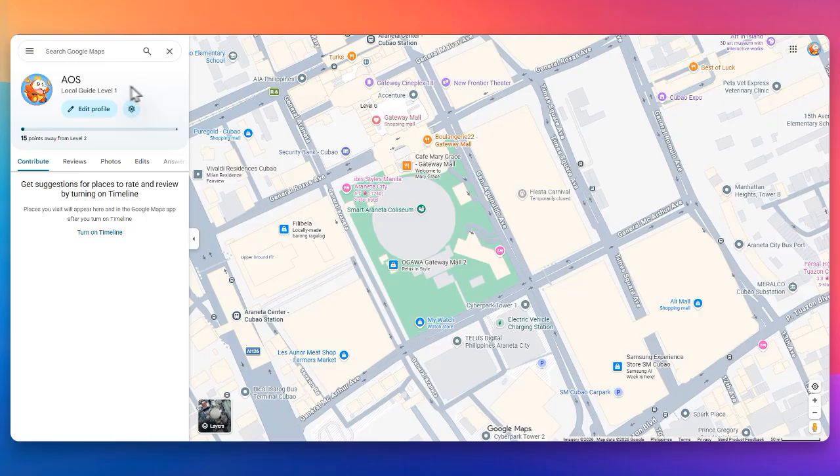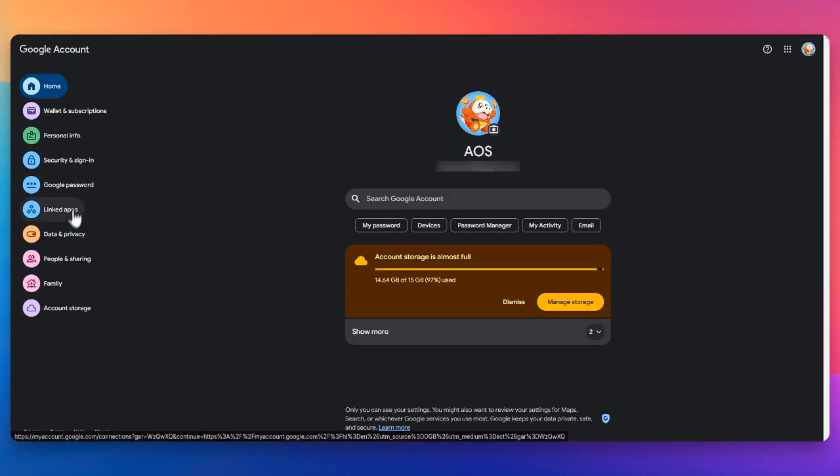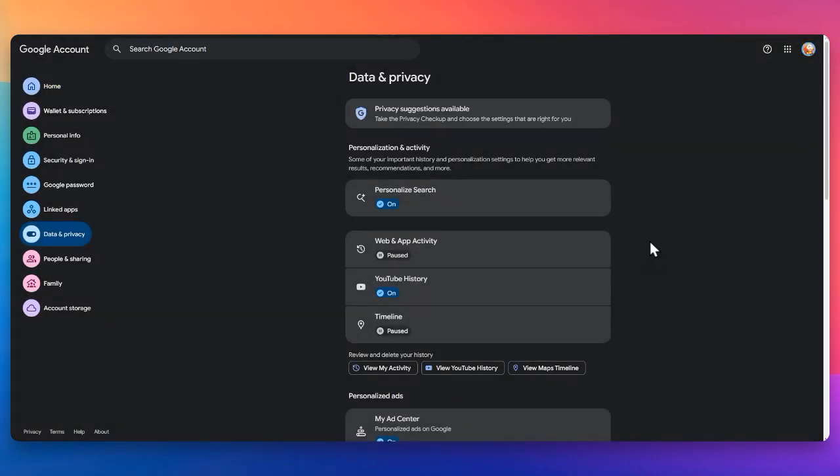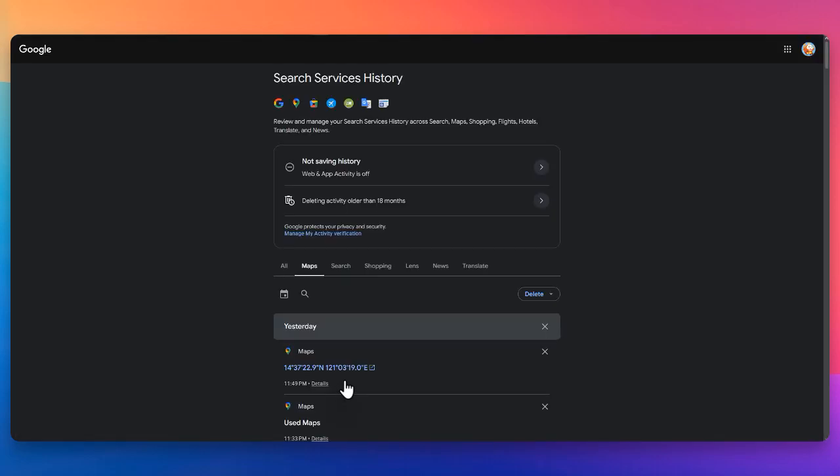To do this, open your Google account settings in a new tab and go to Data and Privacy. This is where your Maps activity is managed at the account level. Scroll to the section that manages your activity history and contributions. From here, you can delete individual reviews, photos, edits, and other contributions one by one if you want to manually